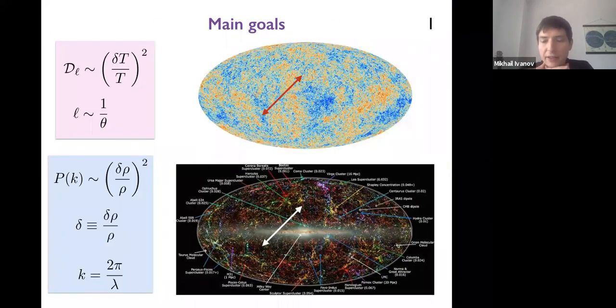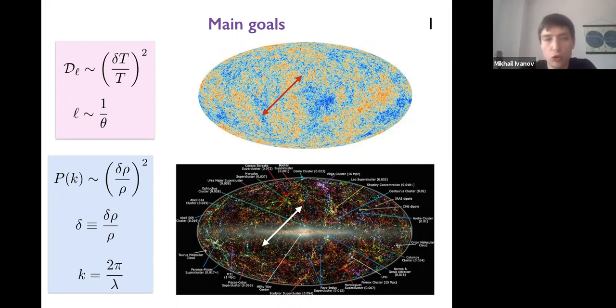So our main idea is to use large-scale structure for precision cosmology and to improve the measurements of cosmological parameters with it. Here it's important to mention that the bulk of our current understanding of cosmology has come from observations of the fluctuations in the cosmic microwave background temperature on the sky. If you look at the celestial sphere, you can see that the temperature of the CMB fluctuates from point to point, and those fluctuations are random and stochastic. So it's best to characterize them with correlation functions.